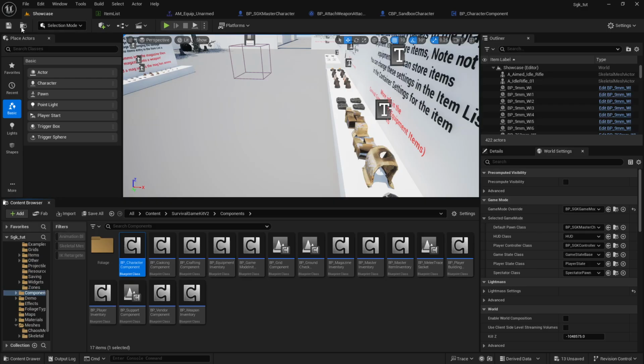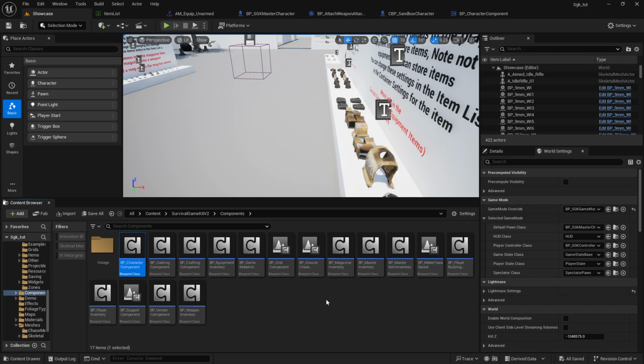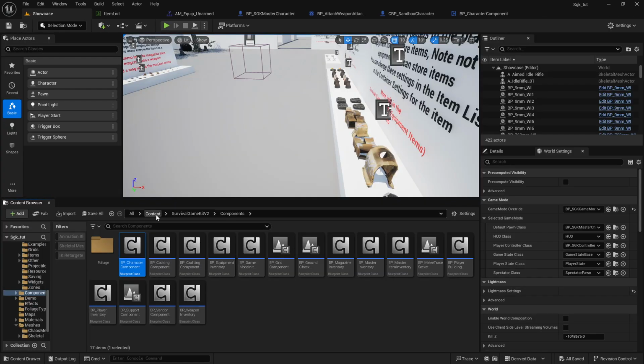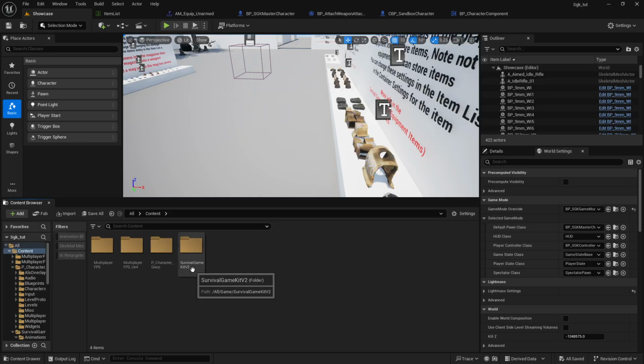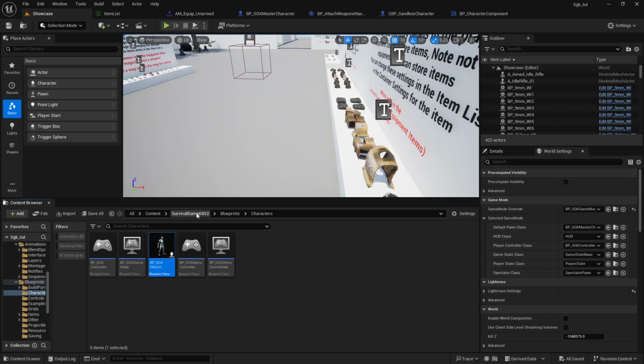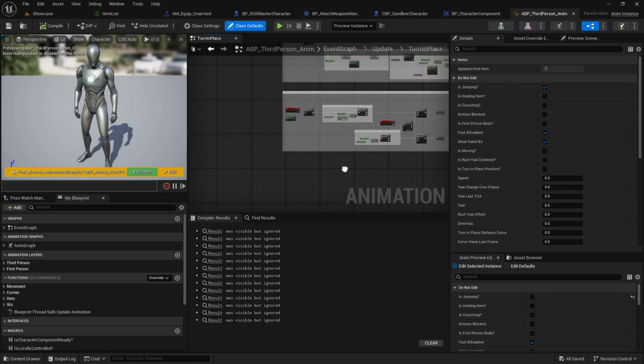So now I will have to go where? This is the place where I usually get lost. So after editing this, we'll now have to deal with the animation blueprint so that the system knows that we are holding something. So I will open the third person animation blueprint,